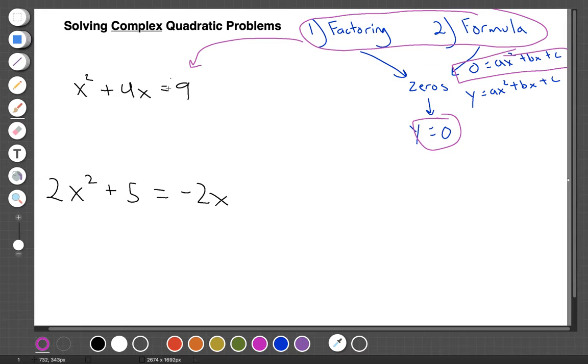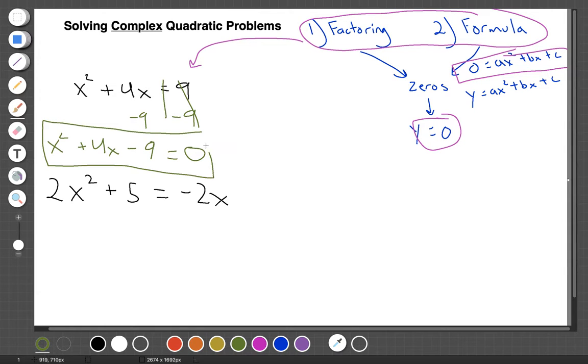Well, you only have one term right here. So what you want to do is get rid of this 9. 9 minus 9 is 0. You have to do that to both sides, though. So what's that going to do? You're going to have 0 equals, well, you still have x squared. You still have 4x. And now you're just subtracting a 9. You just write the minus 9 here because there's no like term to combine it with. It doesn't combine with this one or this one, so you're just subtracting 9 over here. So this is now the equation in which we can use our factoring or our formula. So now